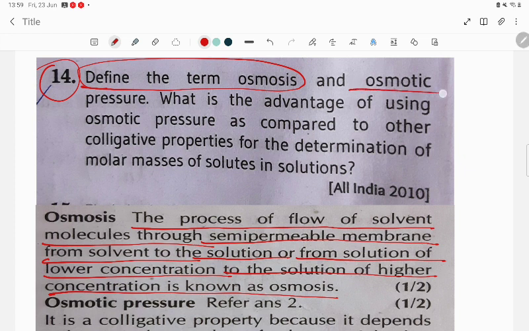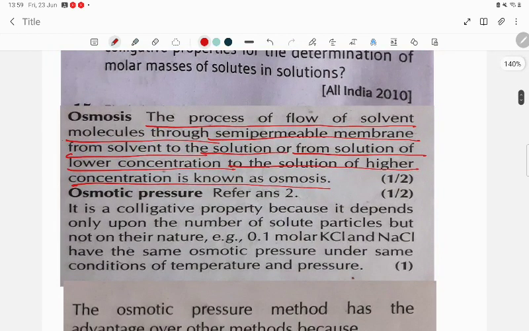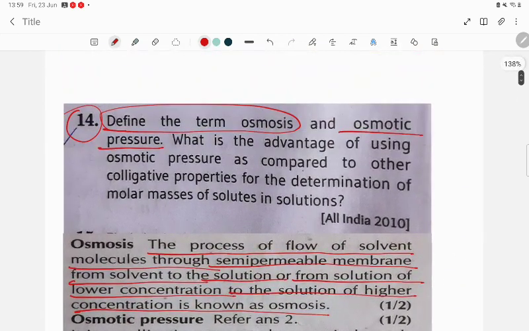The second question is, what is osmotic pressure? So student, let's try to understand osmotic pressure. It is the extra pressure which is applied to stop the flow of the pure solvent, student. So where is osmotic pressure applied? That is on the solution side, to stop the flow of the solvent molecules from the pure solvent to the solution. This is done, student. Let us go to another point.